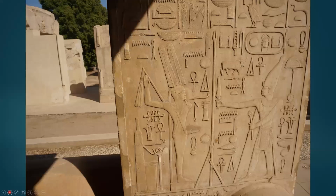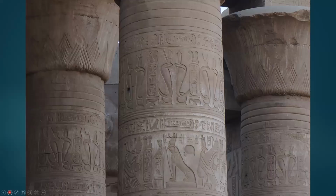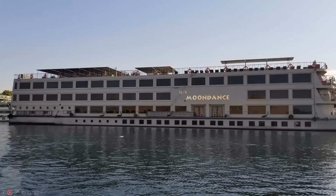You see some evidence of fertility, but the beautiful relief carving of this temple is amazing. And then finally, we left Karnak and Luxor and got on our